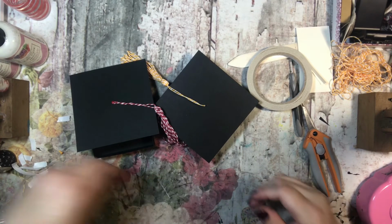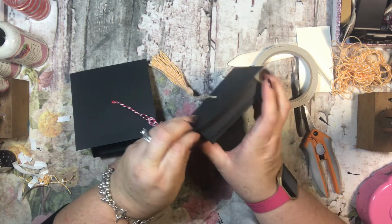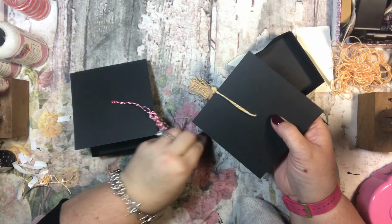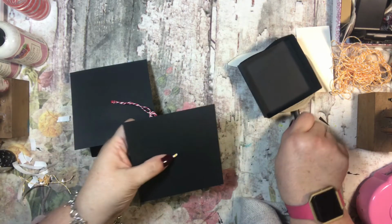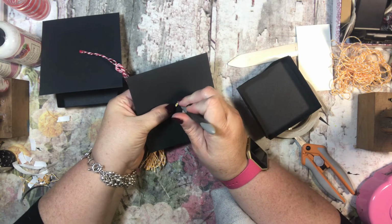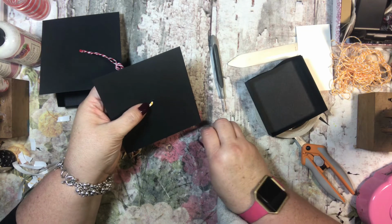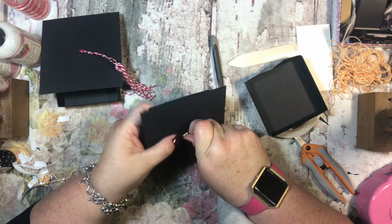And some of you guys are probably yelling at me that I forgot my brad, and I sure did. I just absolutely, totally forgot to put this on there. So what I'm going to do, and you would do this before you would put this on the box, but because I messed it up, I'm going to put it on now. And it's really not a huge big deal, but